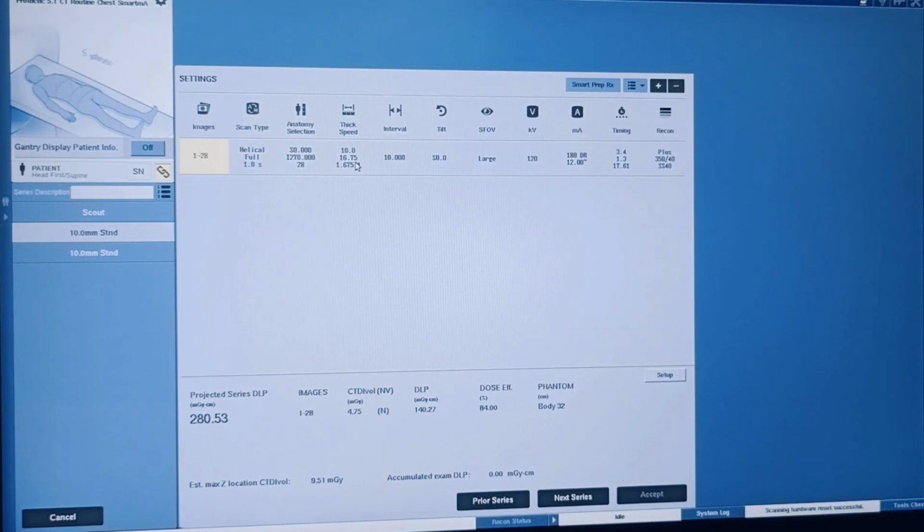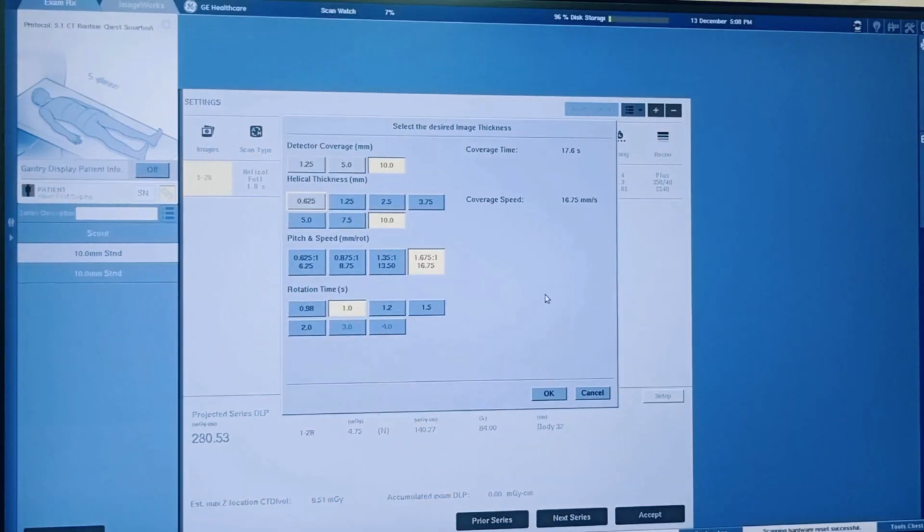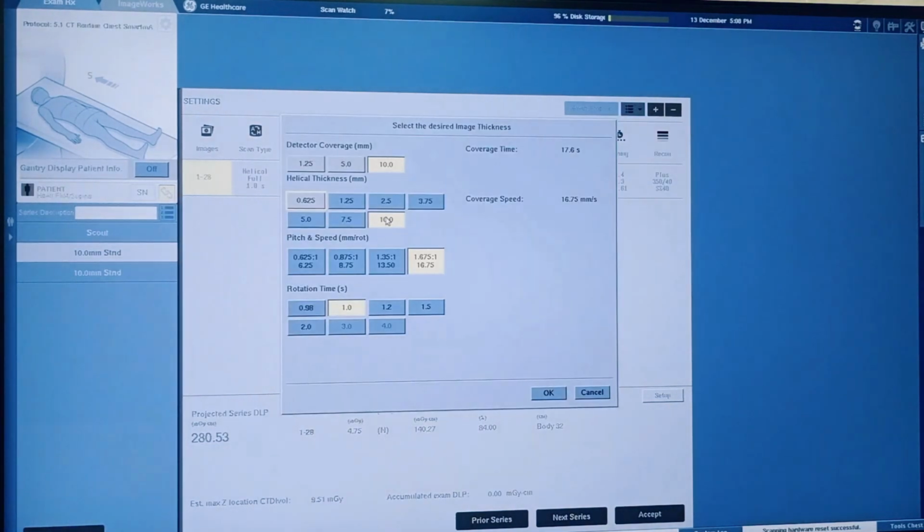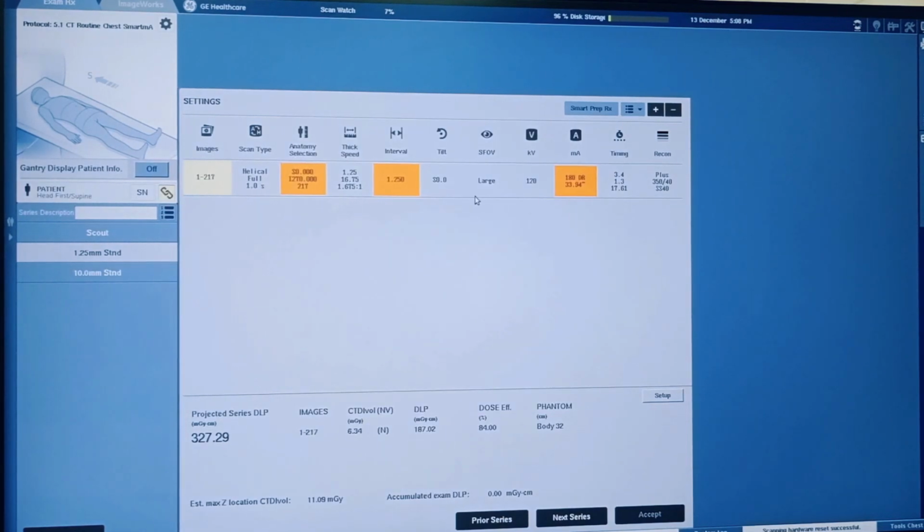ओके, सो इसमें चेस्ट में कितना रखेंगे थिकनेस? 1 mm। हाँ, इंटरवल भी 1 mm रहेगा।